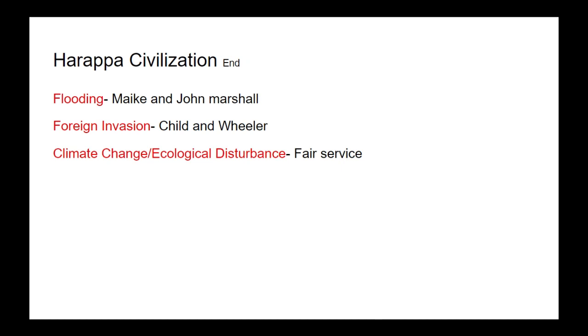How did the civilization come to an end? Different scholars have different opinions. Mackay and John Marshall said it came to an end because of flooding, Childe and Wheeler said it came to an end because of foreign invasion, and another scholar, Fairservis, said it came to an end due to climate change or ecological disturbance. Among these, the most suitable opinion is that of Mackay and John Marshall, that is flooding, because